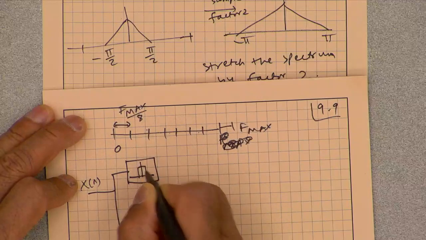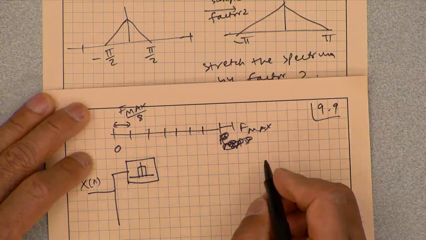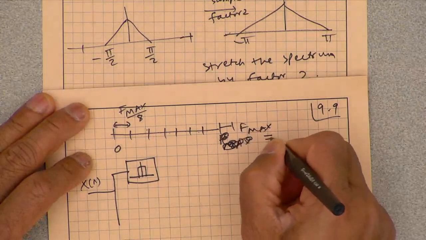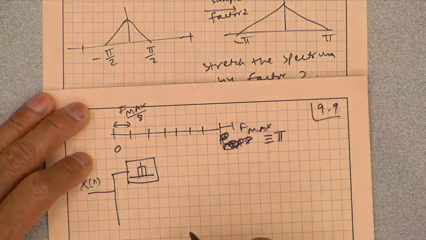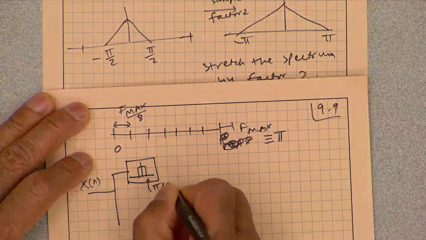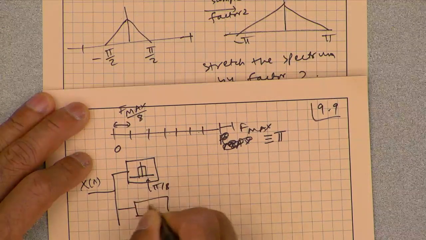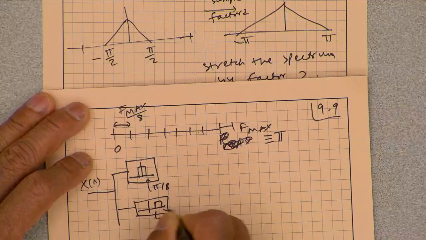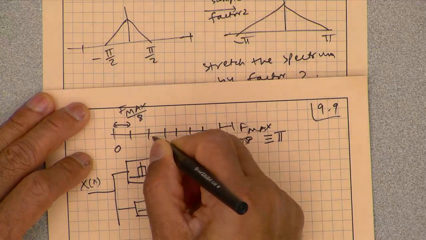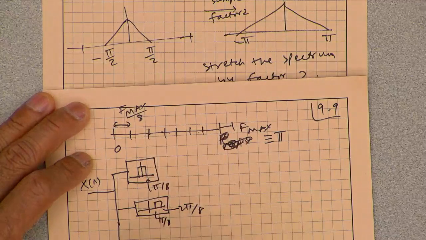So typically what we usually do is take the signal x[n] and pass it through a series of band pass filters. The f max in the discrete sense is equivalent to pi. So the first one has pi by 8, and the next one is a band pass filter from pi by 8 to 2 pi by 8, and then the next one, 2 pi by 8 to 3 pi by 8. Like that, the last one is going to be 7 pi by 8 to pi.